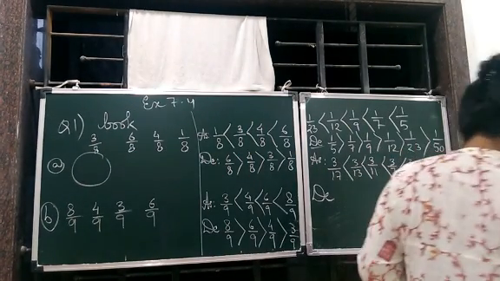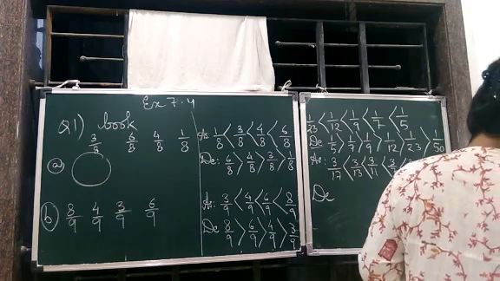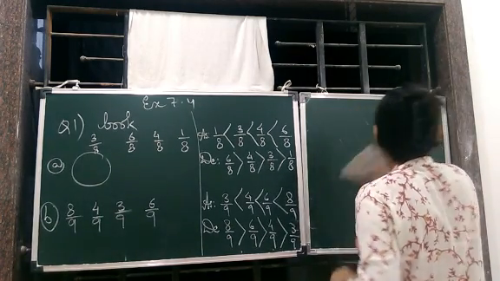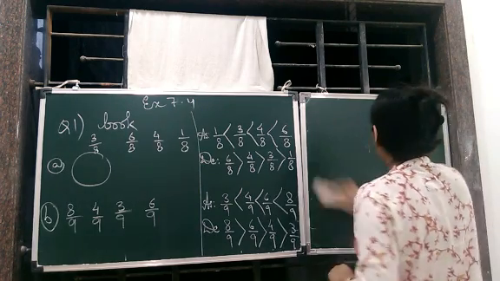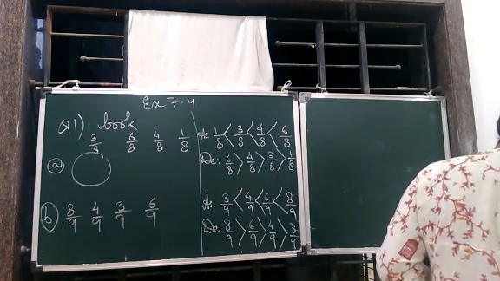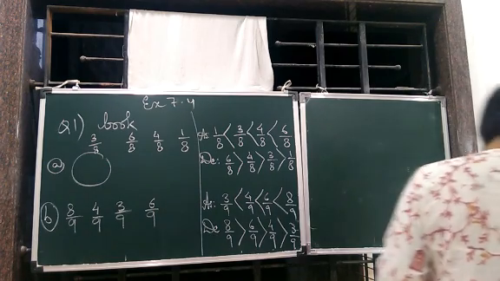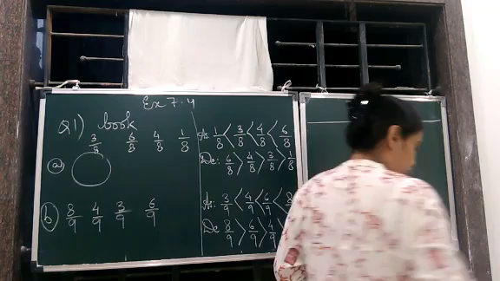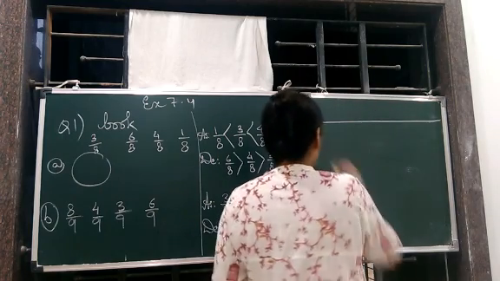Then there is the C part, which we can do in the book itself. You have to draw the number line and mark these points. Show these points on the number line. On the top of the number line there is place. Children, we are going to write over the marks there only.